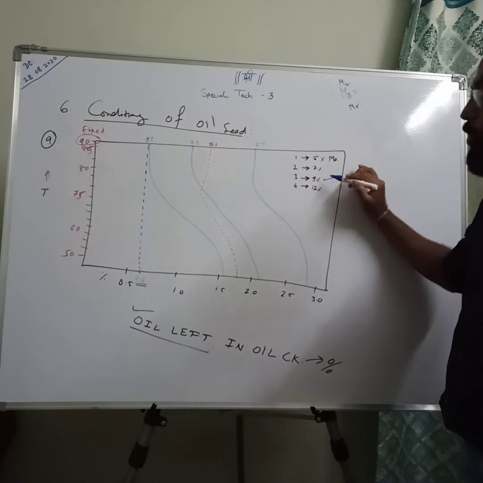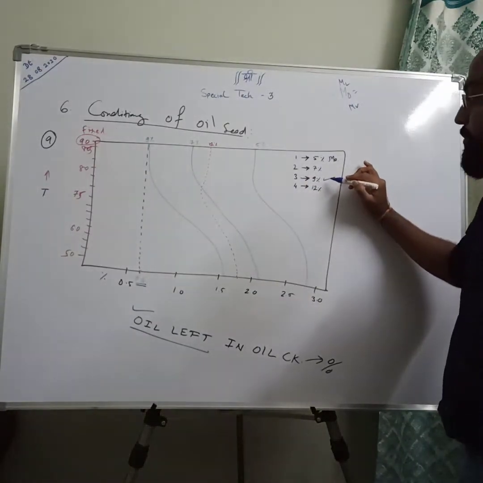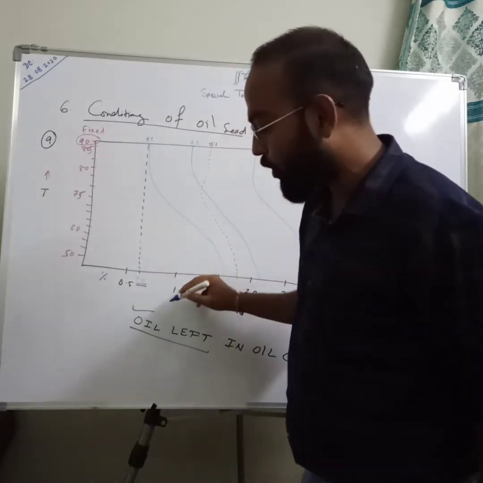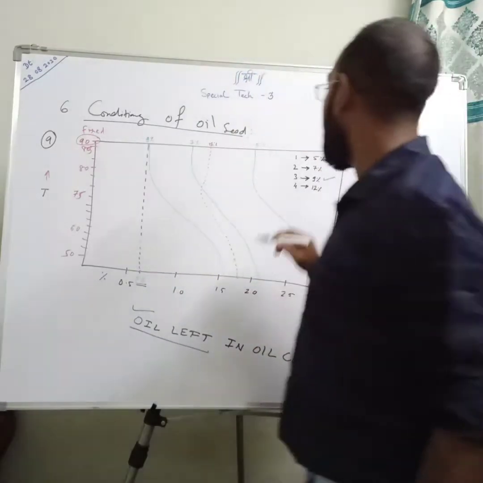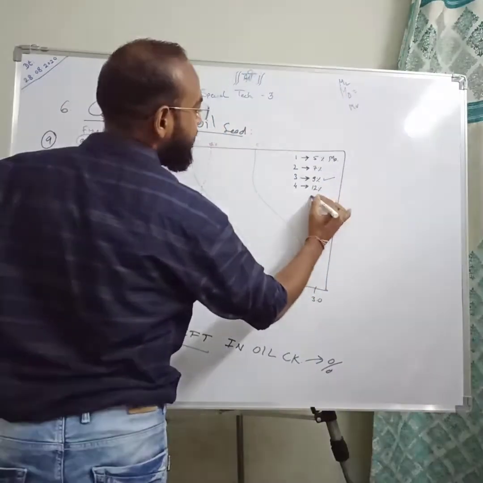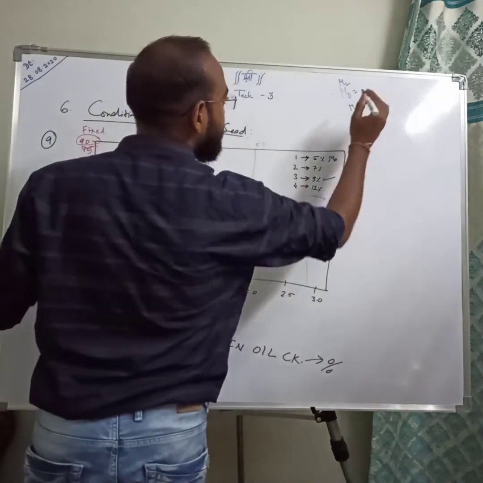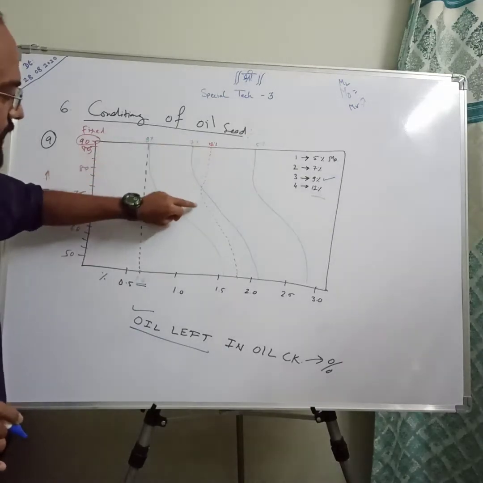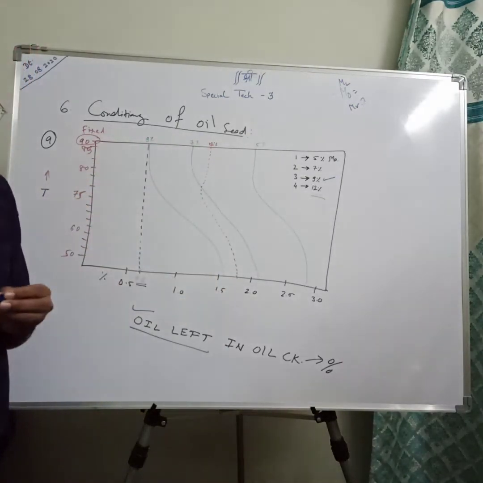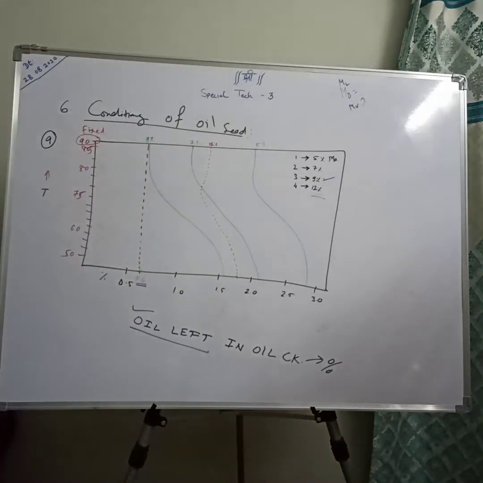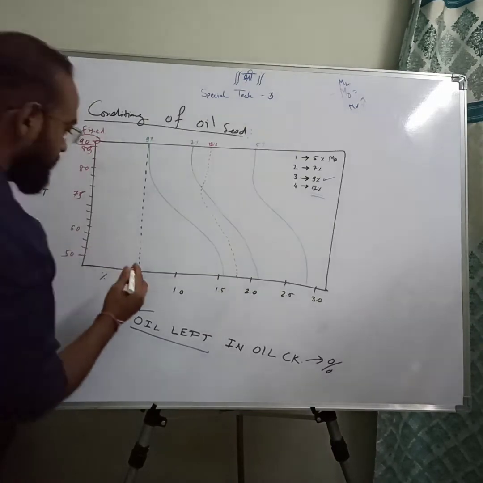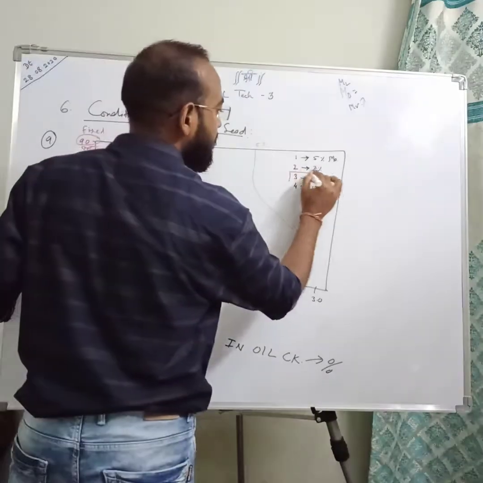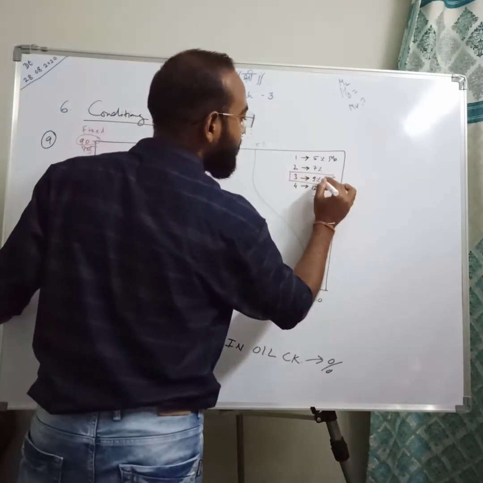In the third curve, when moisture is around 9%, after the first pass we get only 0.6% oil left in your oil cake. And when moisture percent is very high, that is the last condition, then with this red line we get around 1.25% of oil left in the oil cake. So we are interested in this, only 0.6% with curve number 3 and moisture content of 9%.